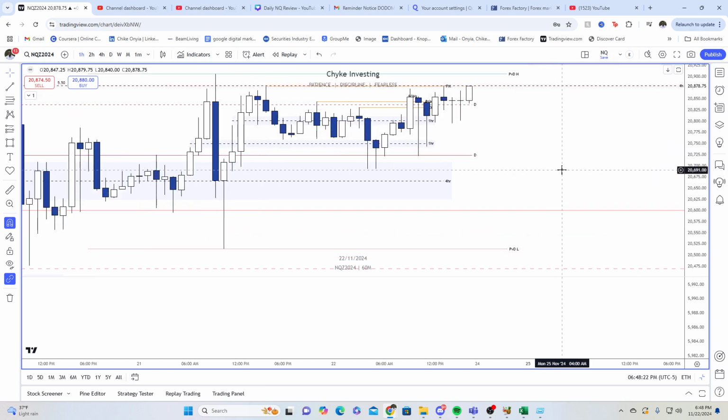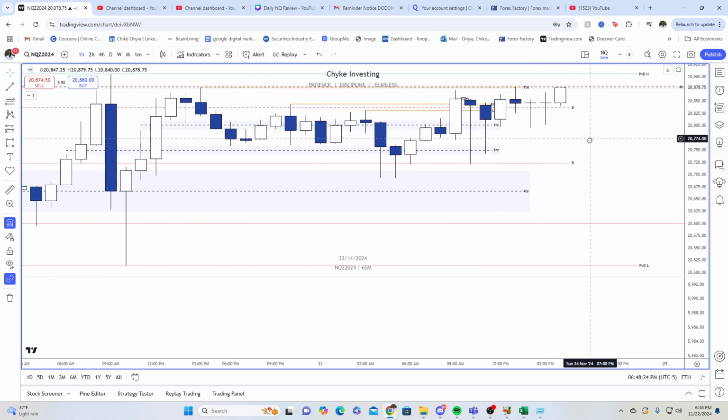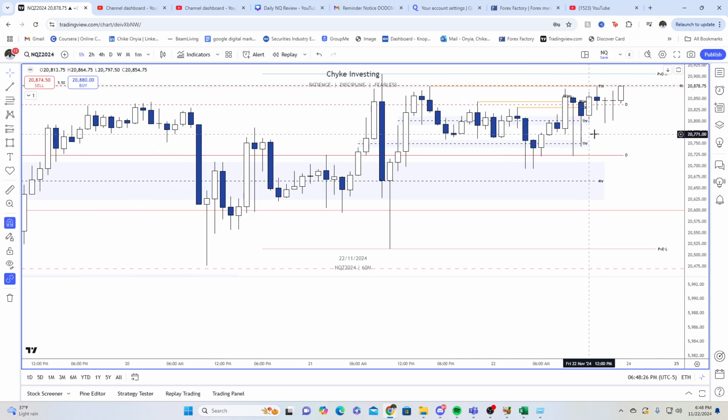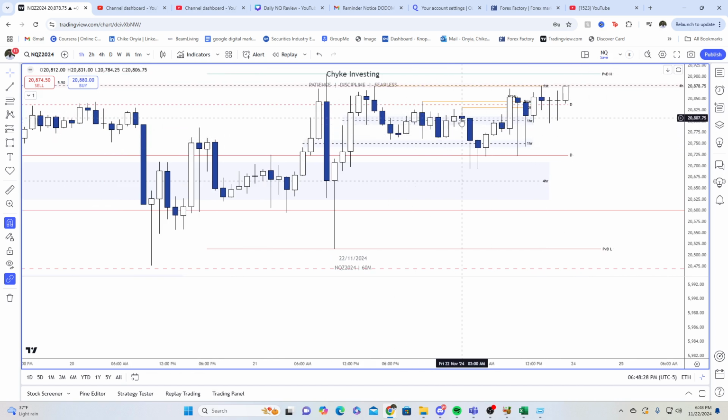So maybe that can happen next week or so. So what do we have here on the 1-hour? You can see that we consolidated overnight. We did, during London, take out the lows, these equal lows right here. It's relatively equal lows, and this is a 1-hour inversion fair value gap from yesterday.